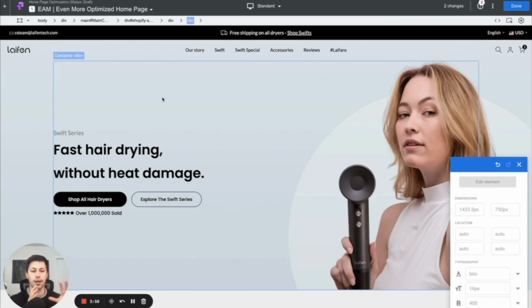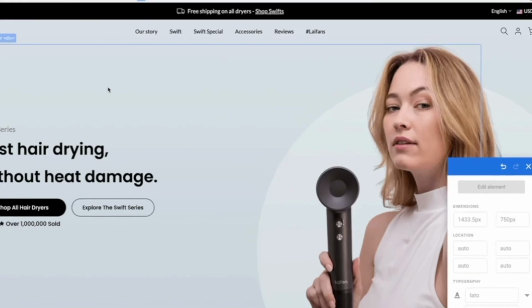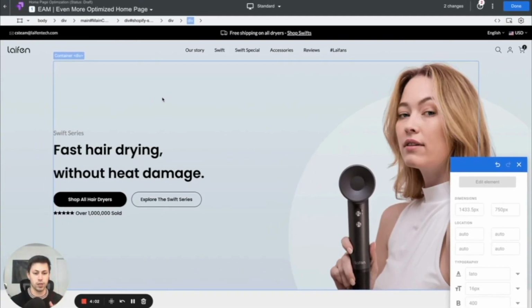The next thing that they might look at is the hero image itself. And again, that's what I mentioned. When you look at this image, you can see that that is a girl holding a dryer. Okay, makes sense. And the third area that we want to look at is the actual CTA, or the call